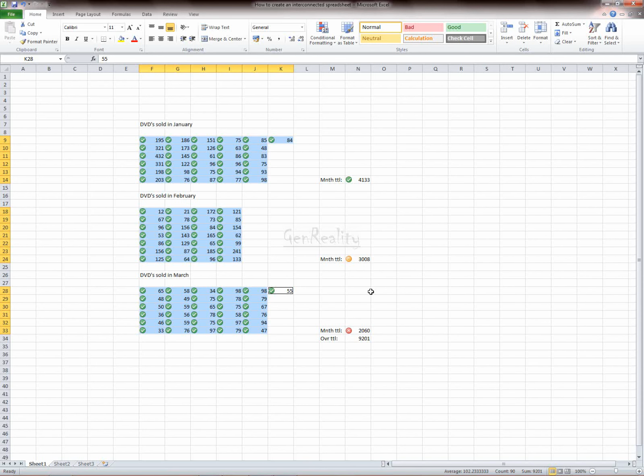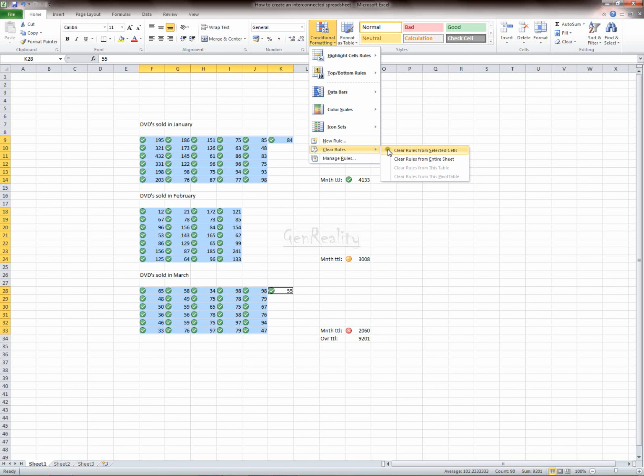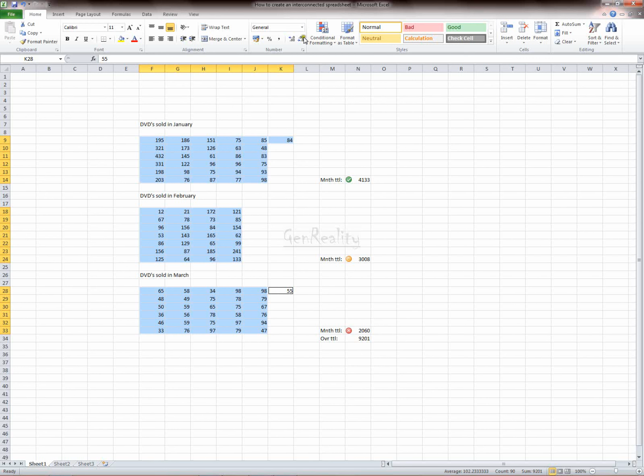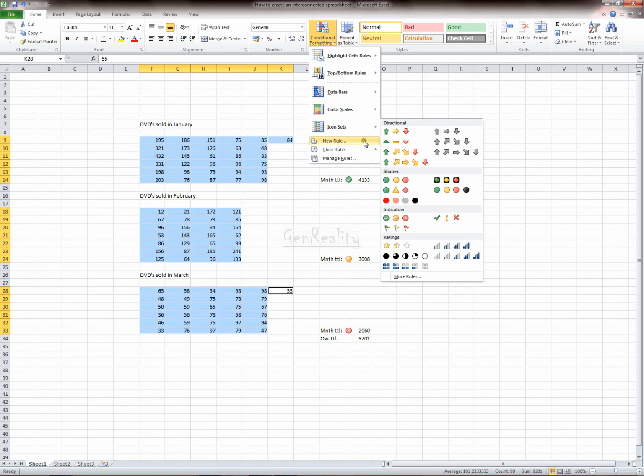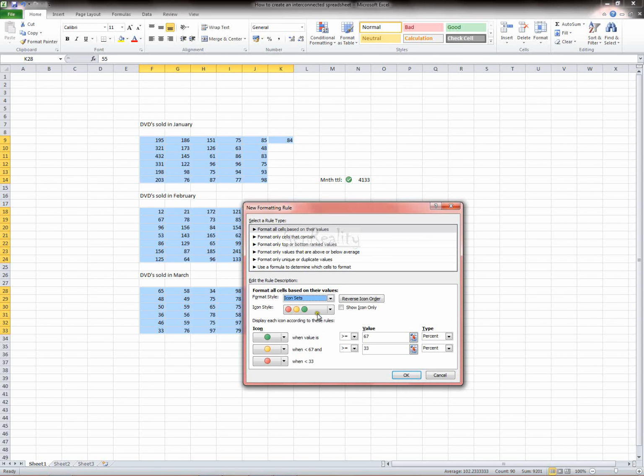And that's gone wrong for some reason. Right, this is quite good actually, because it means that I can now show you how to fix something that's gone wrong. So we'll go to clear rules from selected cells, which gets rid of them. Conditional Formatting, New Rule, again, because I seem to have made an error. Icon Sets,